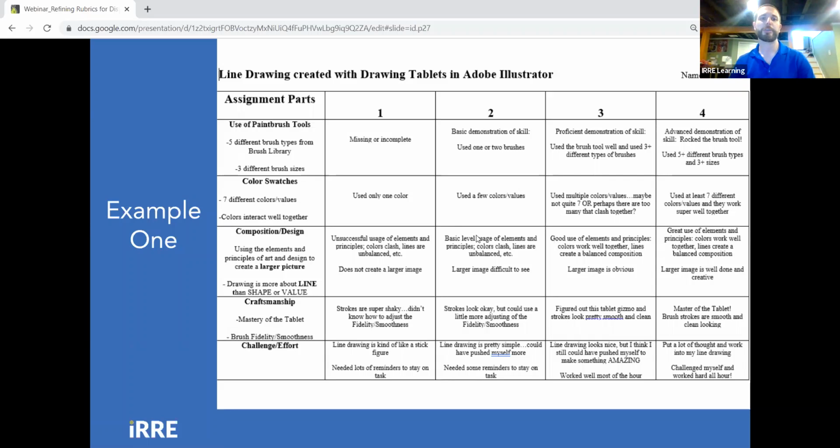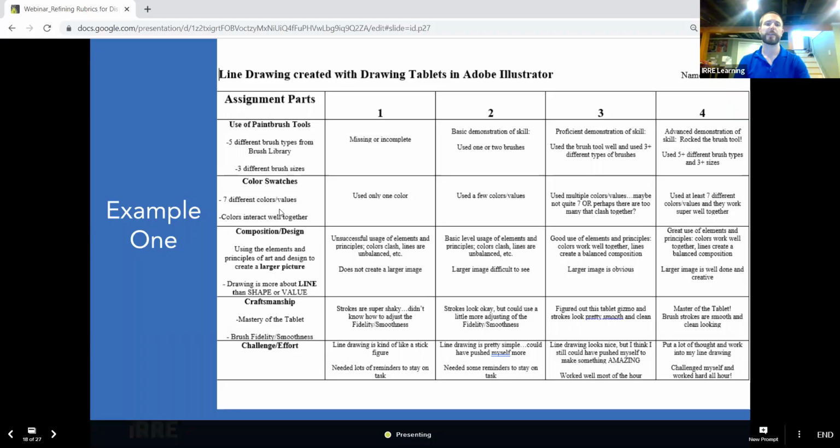So the rubric here has several criteria that go down the left-hand side: use of paintbrush types, color swatches, composition design, craftsmanship, challenge, and effort. It has 4 levels of indicators here. And I'll give you just a moment to think about what's being described there. They go from level 1 being missing or incomplete, to using 1 or 2 brush skills, to using the brush tool well, to using 5 different brush types in 3 different sizes, from using 1 color to a few colors to multiple colors on the color swatches,